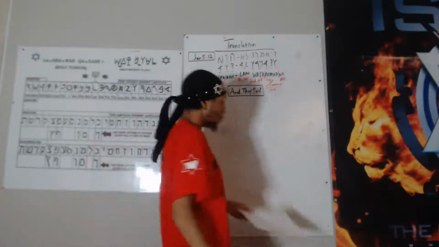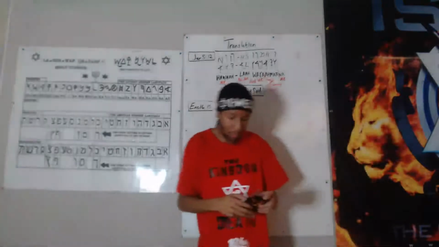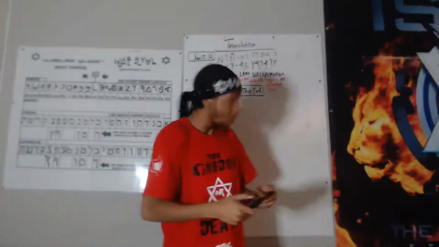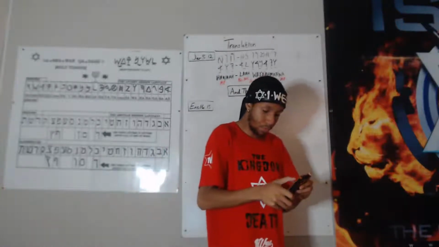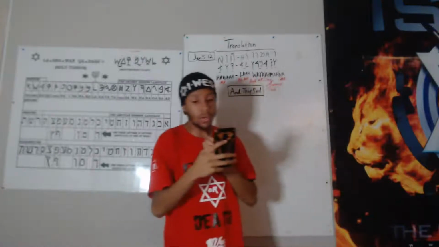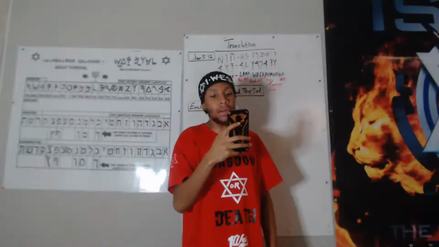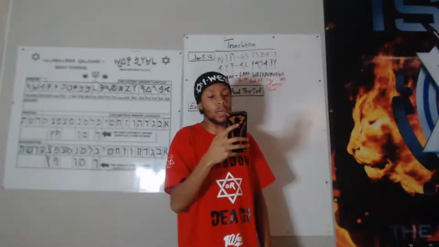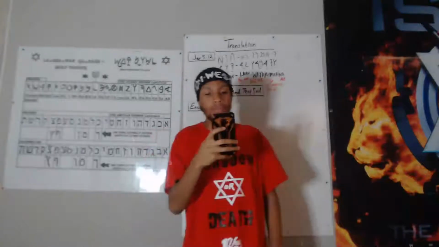Our next one is going to be Exodus 16 and 15. Let's get that real quick. Exodus 16 and 15, which says, and when the children of Israel saw it, they said one to another, it is manna, for they wist not what it was. And Moses said unto them, this is the bread which the Lord